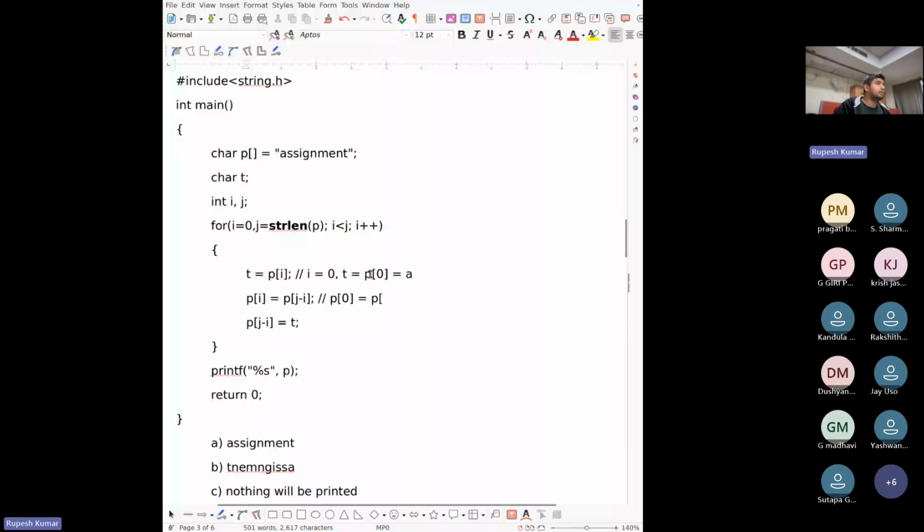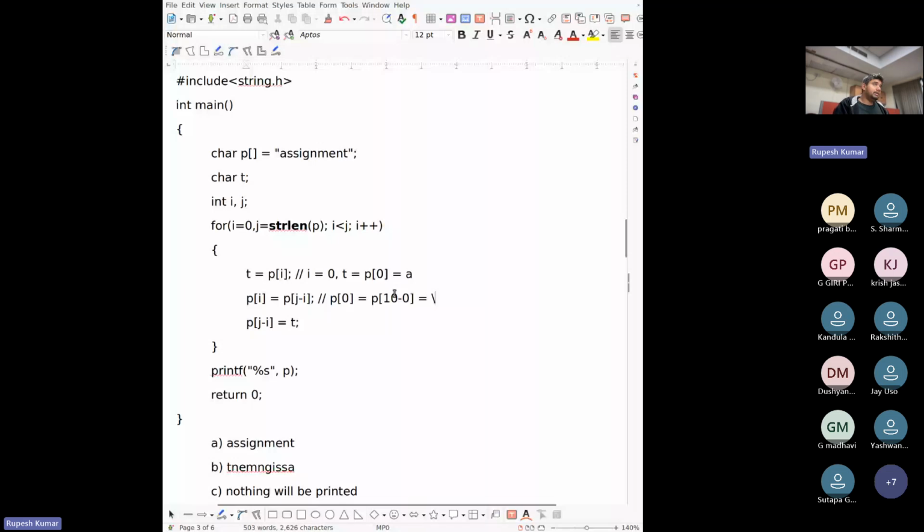So j is strlen. So what is the length of this string? 1, 2, 3, 4, 5, 6, 7, 8, 9, 10. So it will be 10 minus i. i is 0. So 10. So what is this quantity? This will be \0.